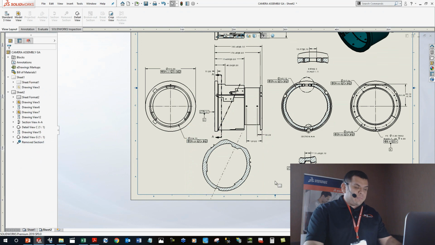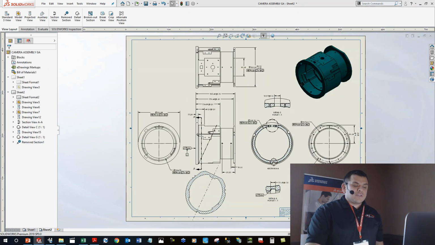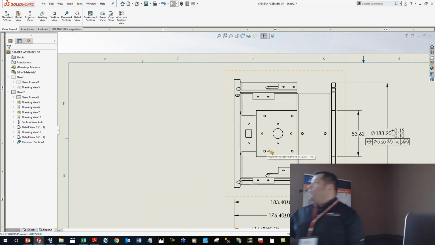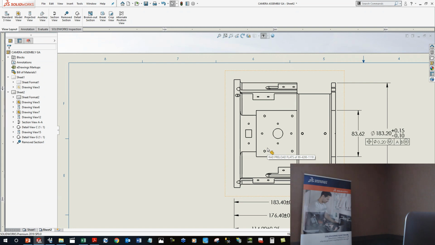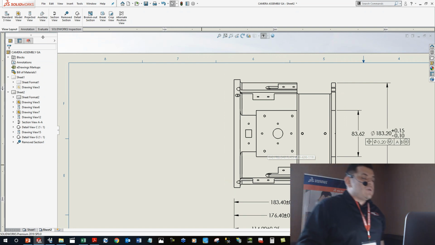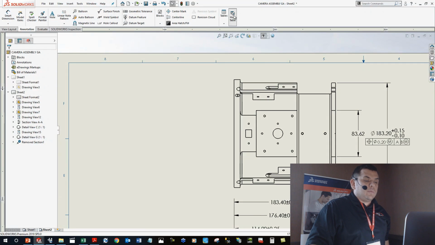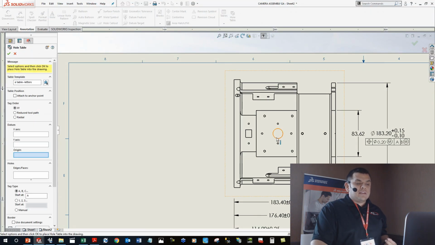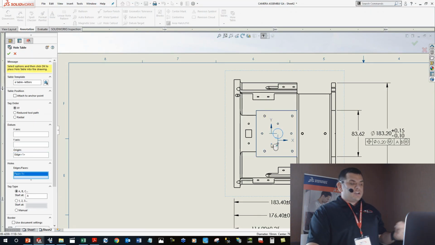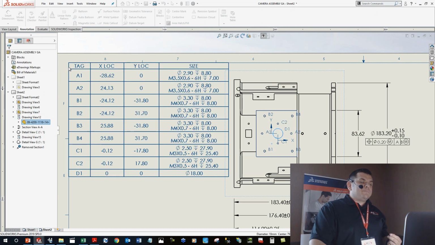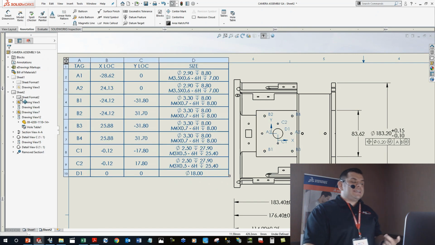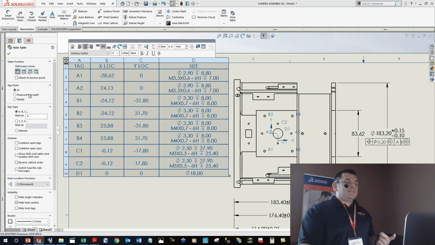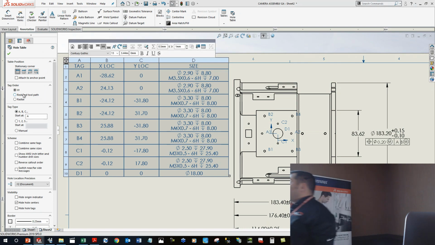On top of that, I'm preparing this drawing for manufacturing, so I want to give my CNC machinist all the whole information for this view. One common way to do that is to use what we call a hole table. Now what we've added is, as you create a hole table, I'm going to choose an origin and choose a face. Once I place this hole table, I can now dictate the XY location either by, my favorite is